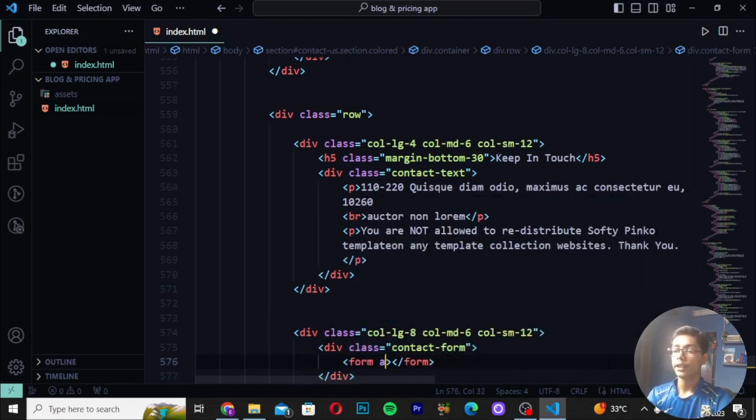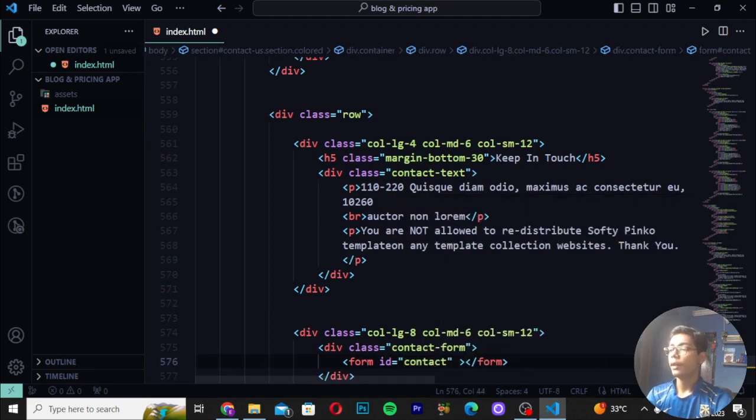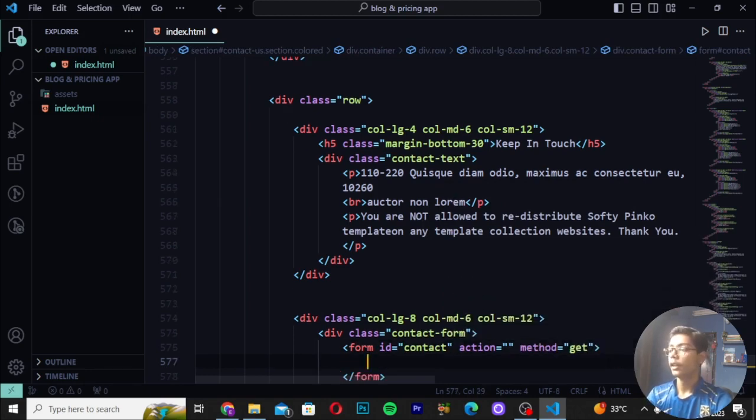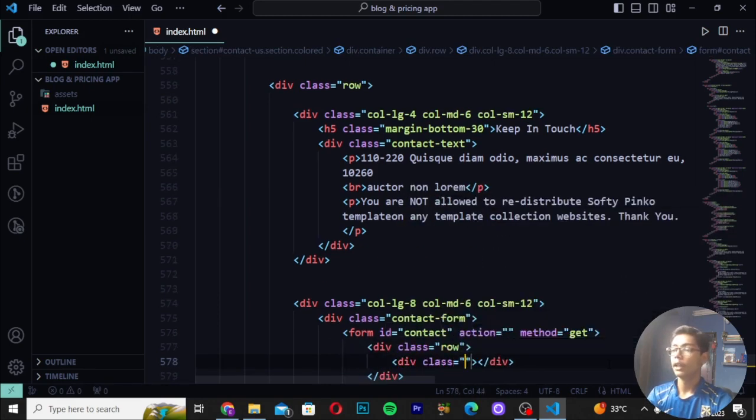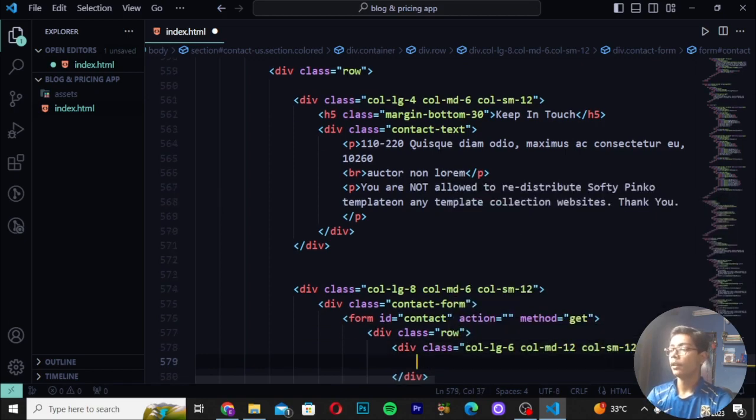Then remove the action, and first we will be writing the ID as contact, and with ID I will be now writing the action as empty. Then here you have to write method get. So here I will be now just writing that, and right here div class as row, and then you have to create div class call mg6, and right here call md12, call sm12, and then here you have to write field set,